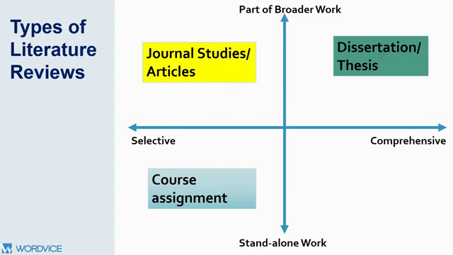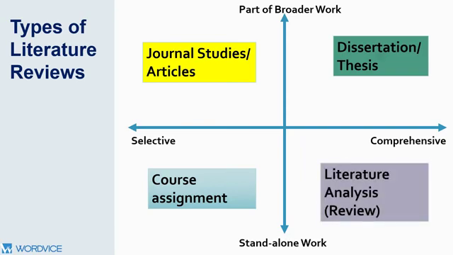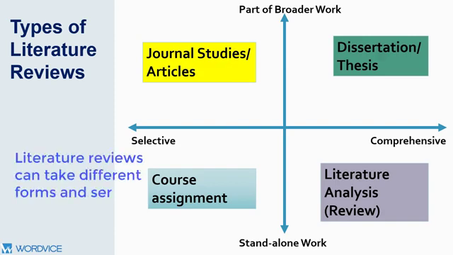A majority of journal articles start with a selective literature review to provide context for research reported in the manuscript, which is the broader work for which the literature gives context. The literature review is often included in the introduction. Some literature reviews are both comprehensive and stand as a separate work. The entire article analyzes the literature on a given topic. Thus, the literature review, while it has common applications across many kinds of documents, can serve slightly different purposes and